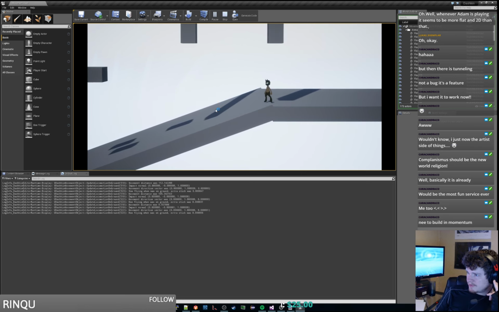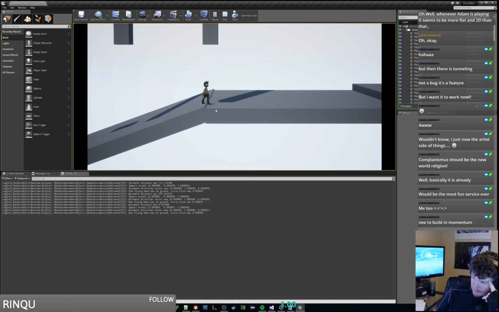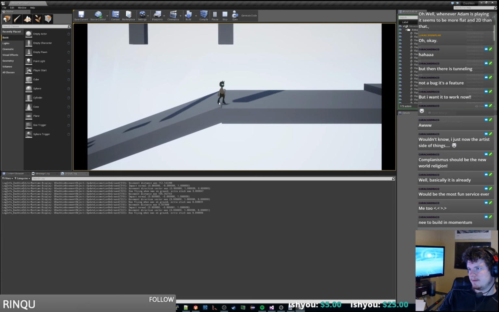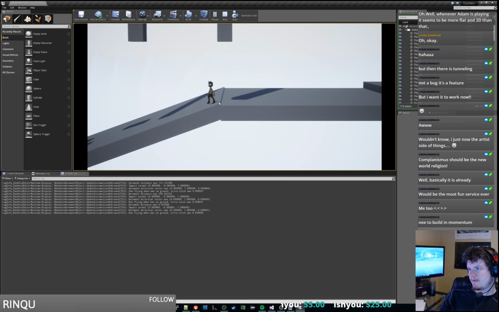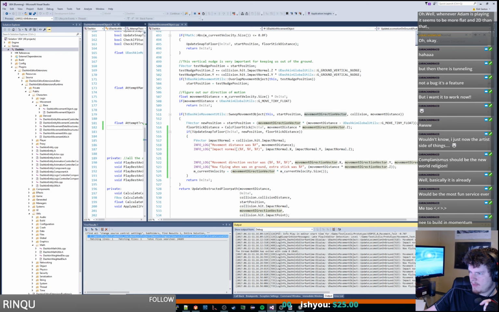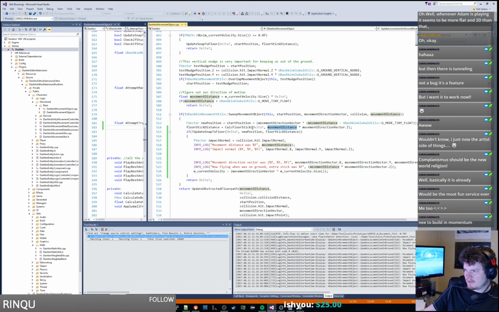So when we are directly on top of this thing, the normal to the collision, even though we're on a point here, is going to be the inverse of our box. So we are standing on flat ground according to the physics system right now. We are moving so quickly to the right that we are able to do something. That means that the base floor stick distance